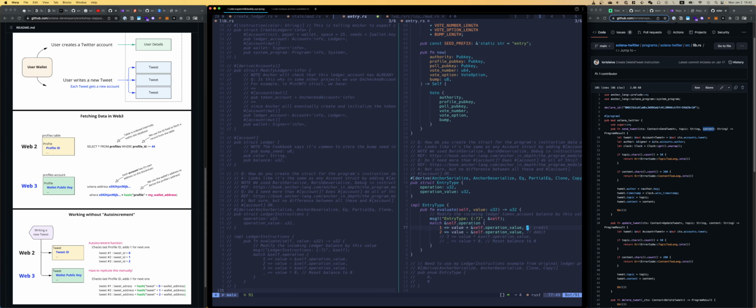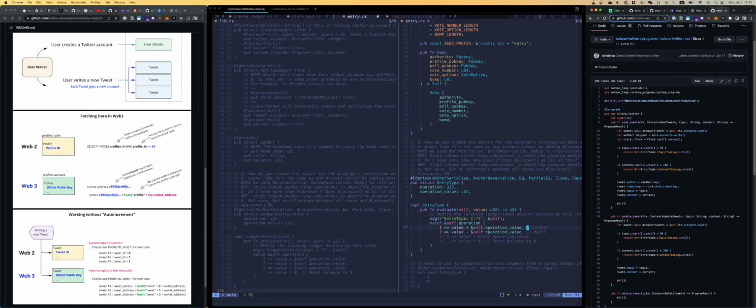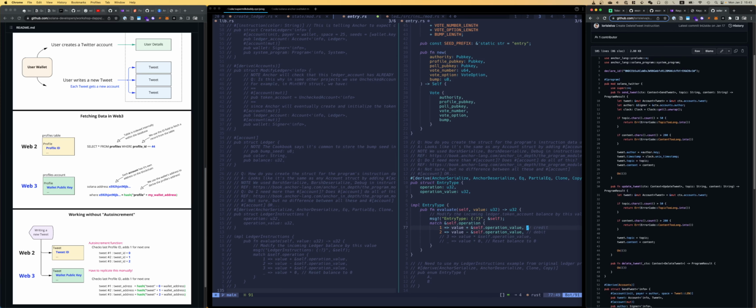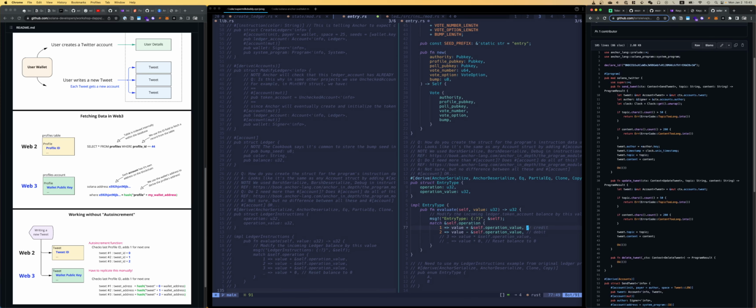Maybe looking at this like tweet thing, like update tweet. The arguments are the same, but things are a little bit different. You're passing in like new